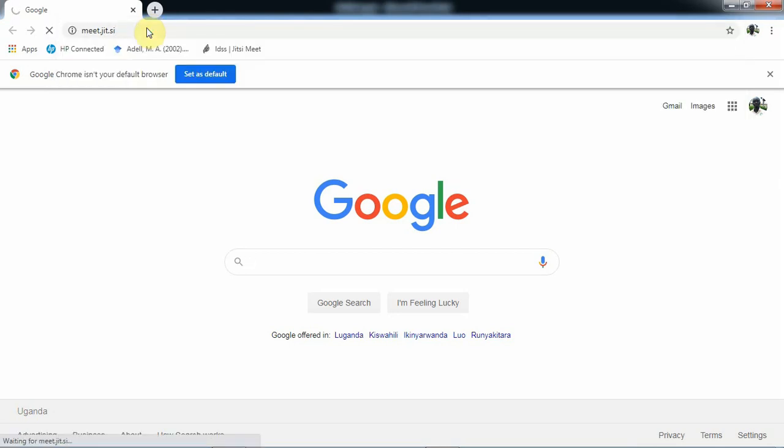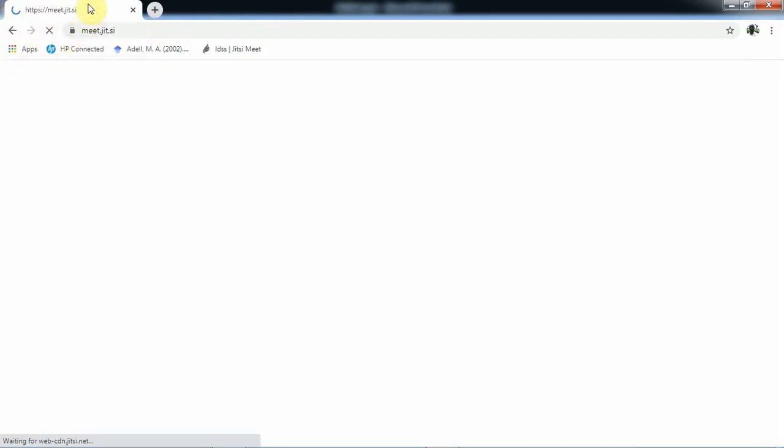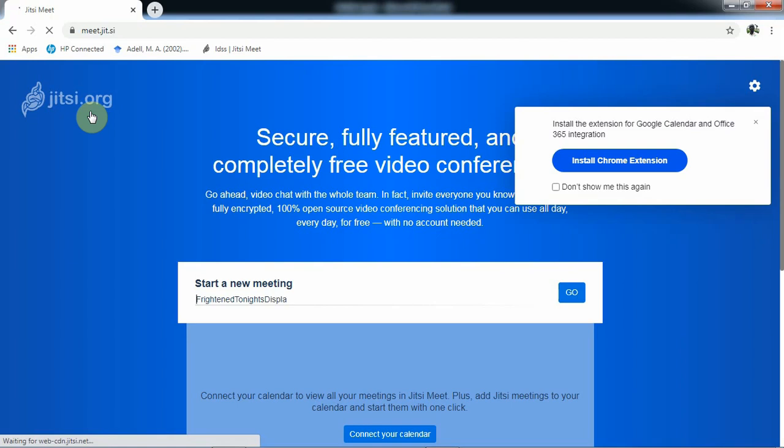When we press the enter key, this program will start loading. As you can see, it's loading for us. There is a screen that we now expect to see. So we wait for this program to load. Now when it loads, this is the screen that is displayed for us. This one is not part of the screen, so I'm going to remove it.